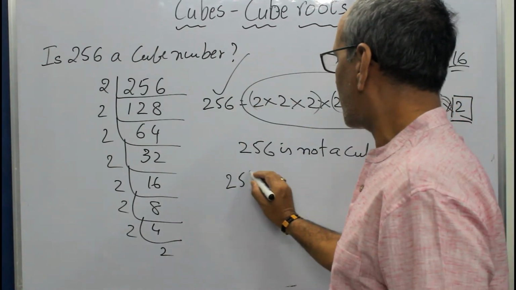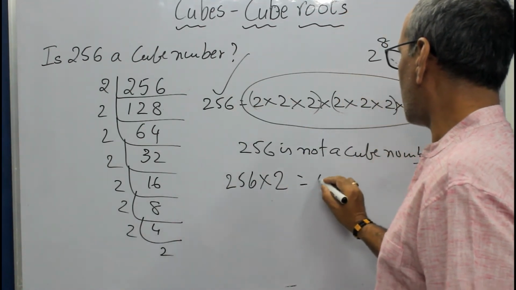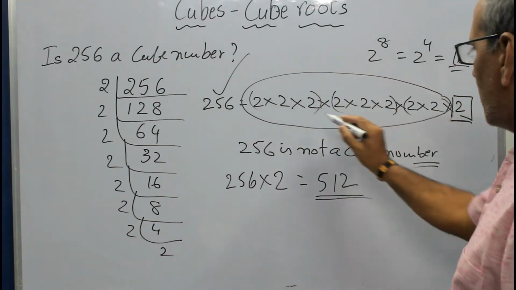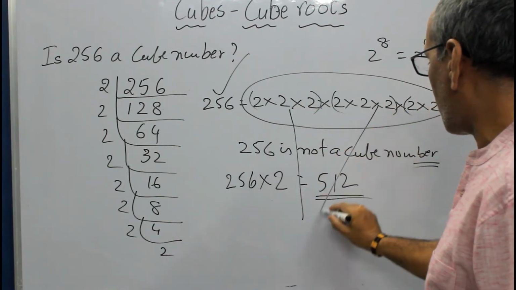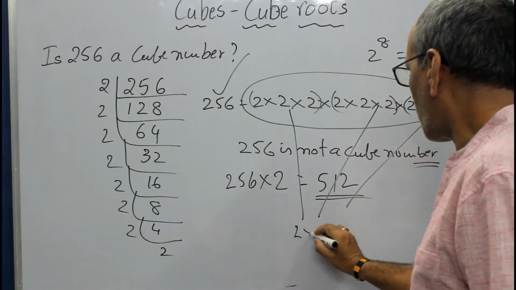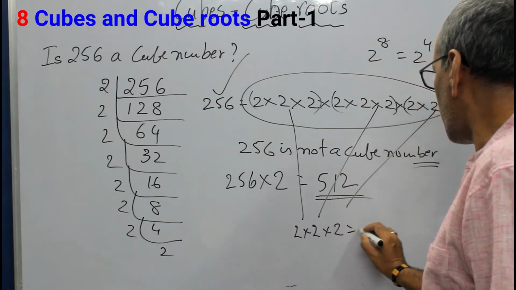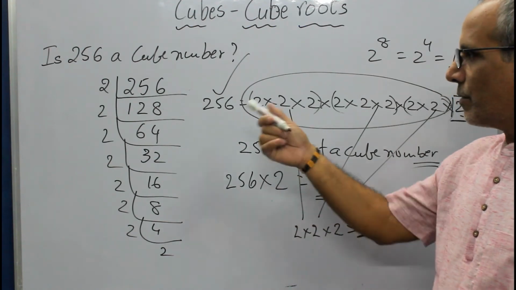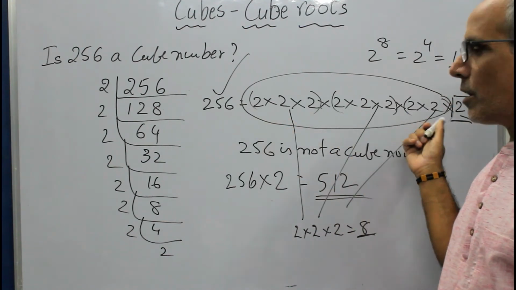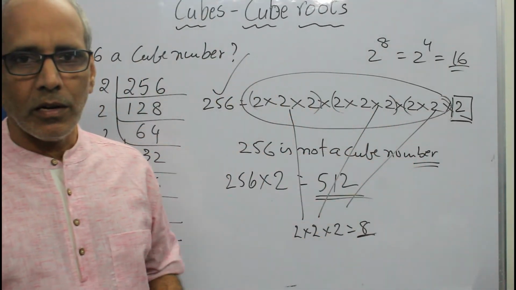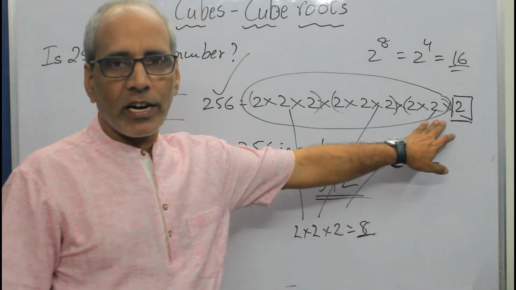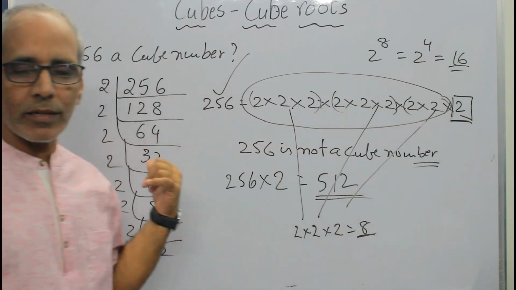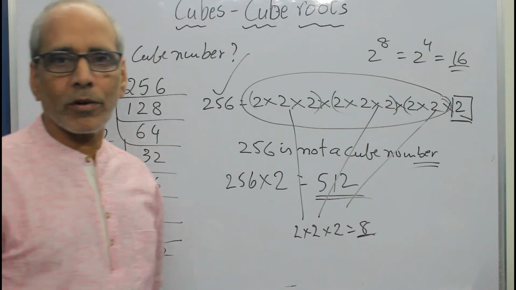So 256 into 2 is 512. What is the cube root of 512? These are the factors. From here I take 1, 2, from here 1, 2, from here another 2. The product of all the 2's, 8, is the cube root. So we know by what number the given number is to be multiplied by observing the last group of numbers. If a factor 2 is required, multiply by 2. If 2 factors are required, 2 into 2, 4 is the number to be multiplied by the given number. So this is also an important question.